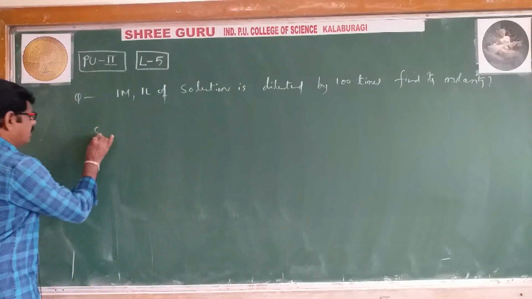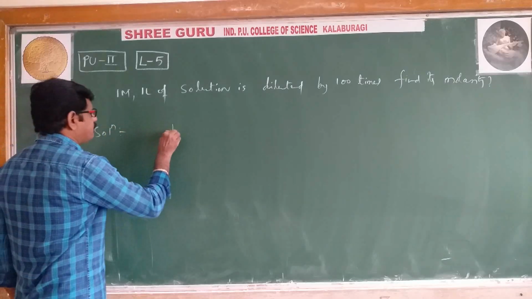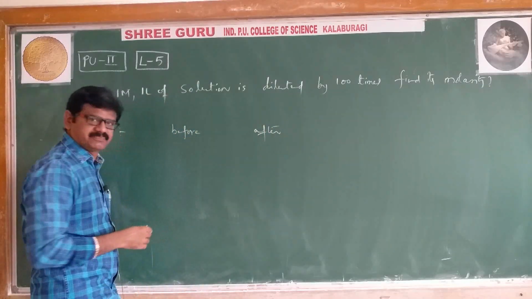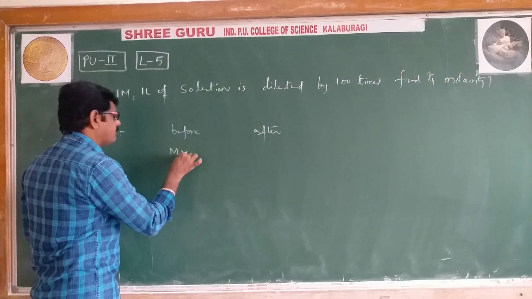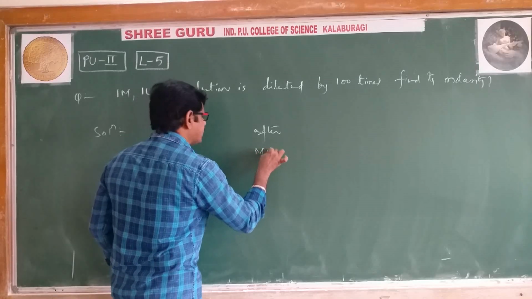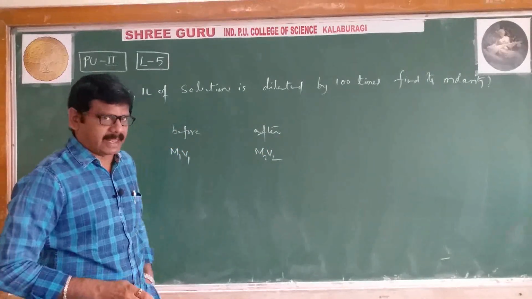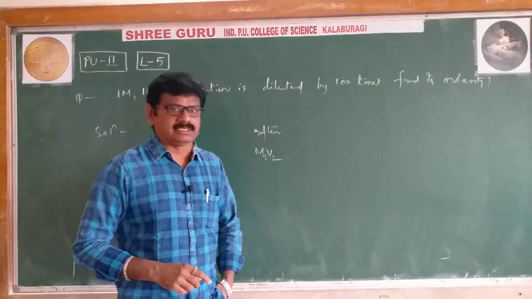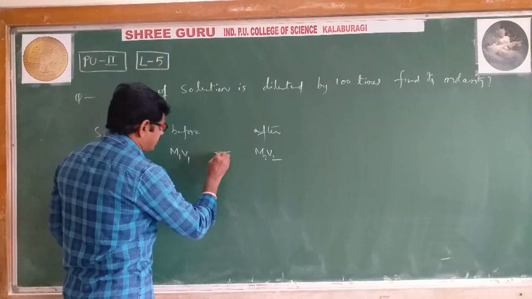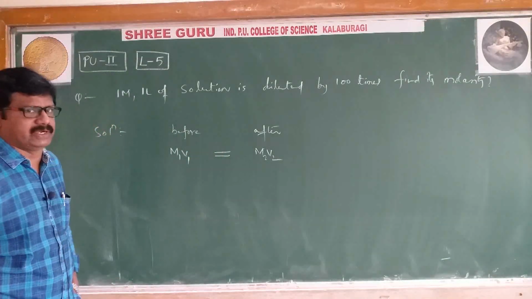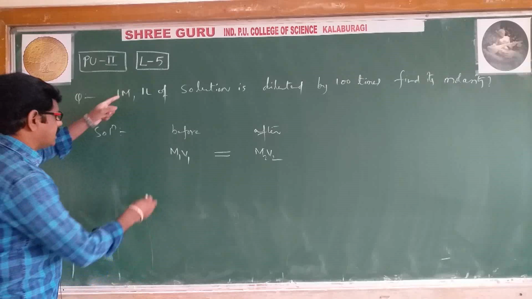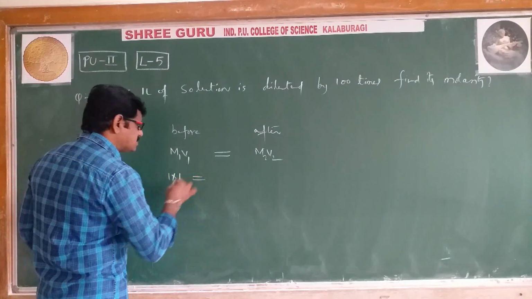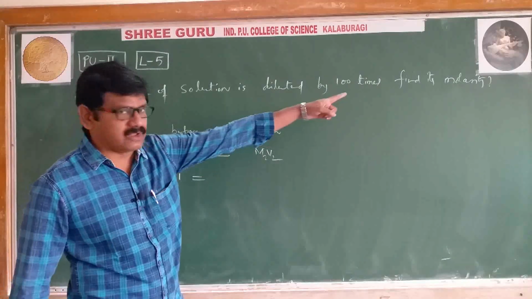We'll write its formula: before dilution we will write the information, and after dilution we will write the information. Before dilution M1 V1 and after dilution M2 V2. In the last video I explained that before and after dilution the number of moles remains the same. That's why we write M1 V1 equal to M2 V2. Before dilution the molarity was 1 and the volume is 1 liter, equal to M2 times V2, and we are asking for the molarity, therefore